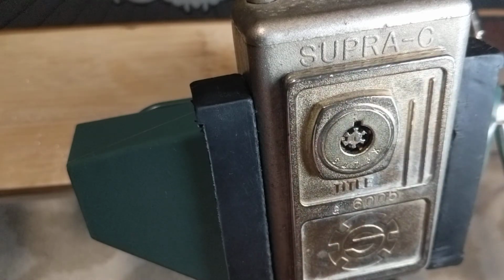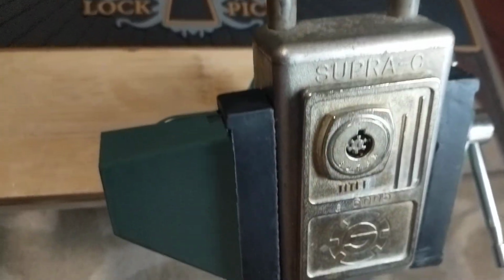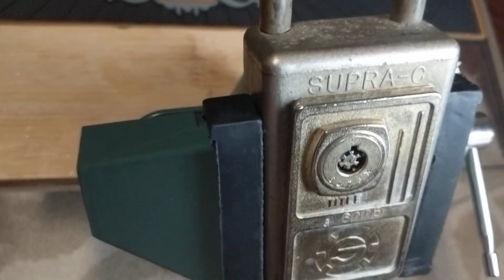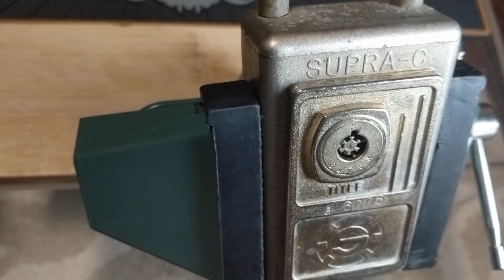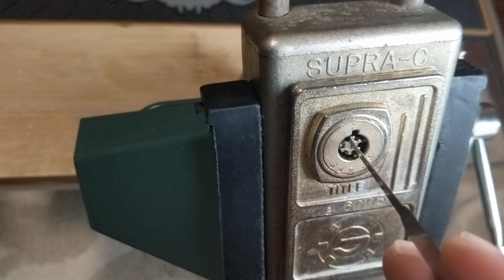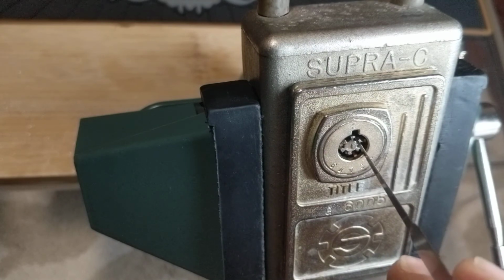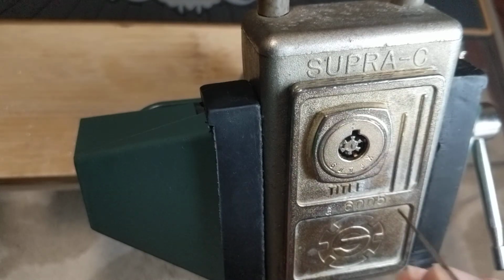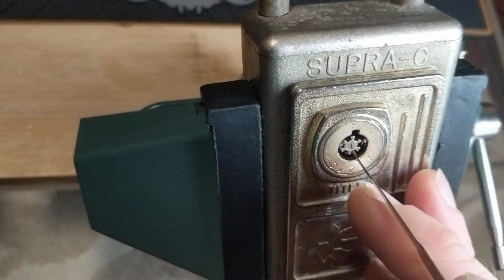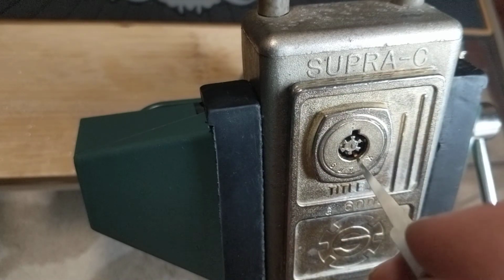This one actually has a hasp up there to hang it from a doorknob. But it's kind of a neat locking mechanism. It's kind of like a tubular lock, but it's got these little cutouts in here where the pins are. And actually, I think they're more like wafers than pins because they go kind of in a U shape where